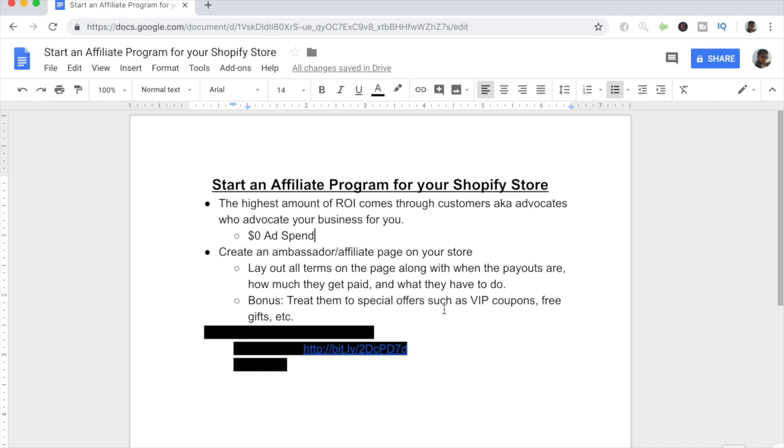But the basic step that you want to take first, before even downloading a Shopify app, is creating an ambassador or affiliate page on your Shopify store and laying out all of the terms and conditions for the program. You really want to take some time in creating all of the text for the ambassador program and make sure that it really benefits the